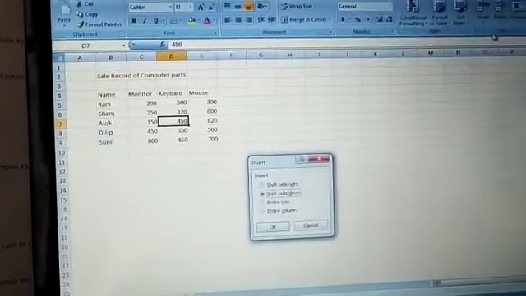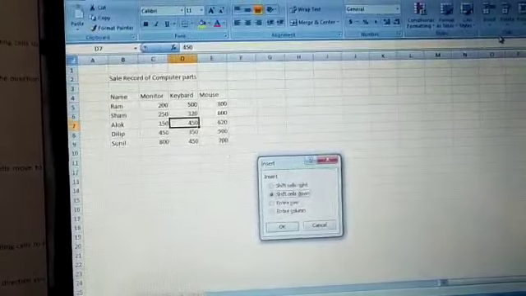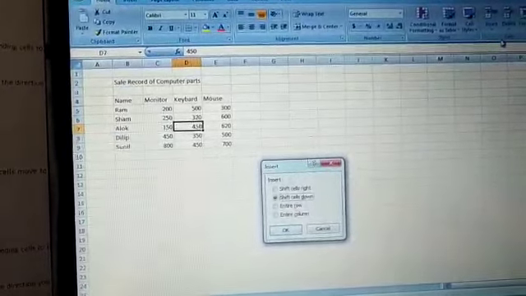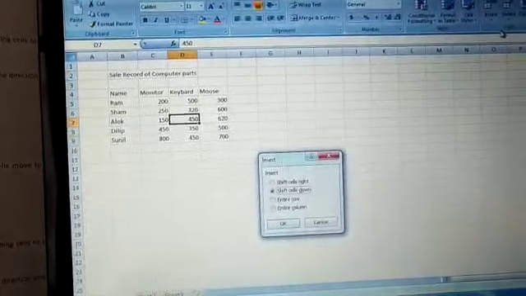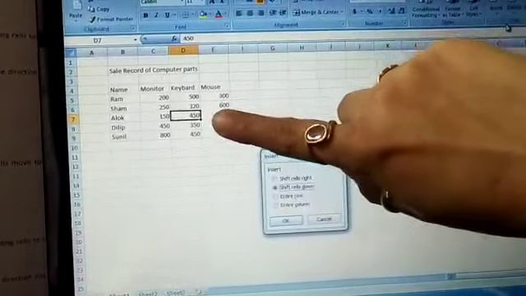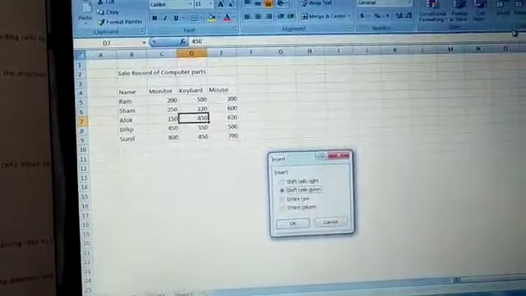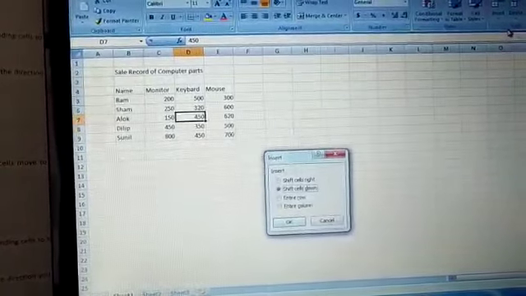As you can see, click on the radio button of an option to shift the surrounding cells to the right or down to make room for a new cell. To create a new cell, this cell where 450 is written moves to the next cell, either down or on the right side.